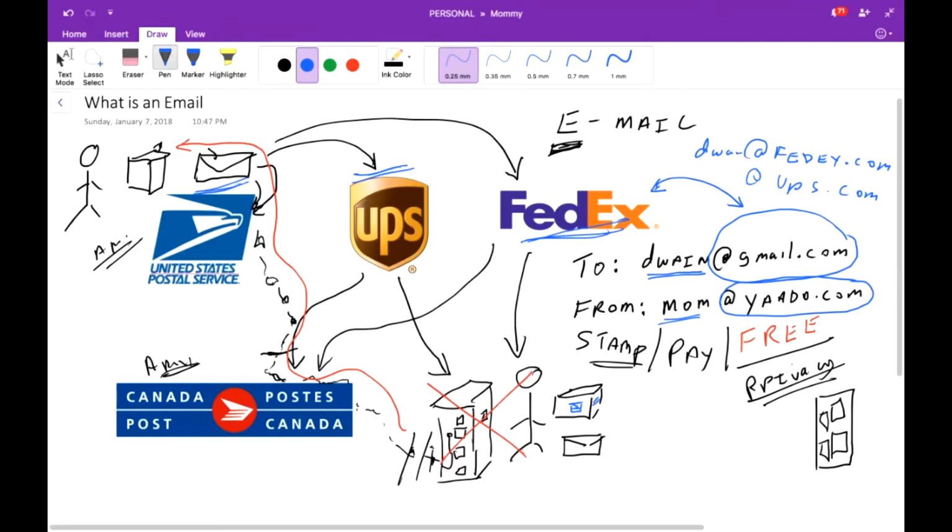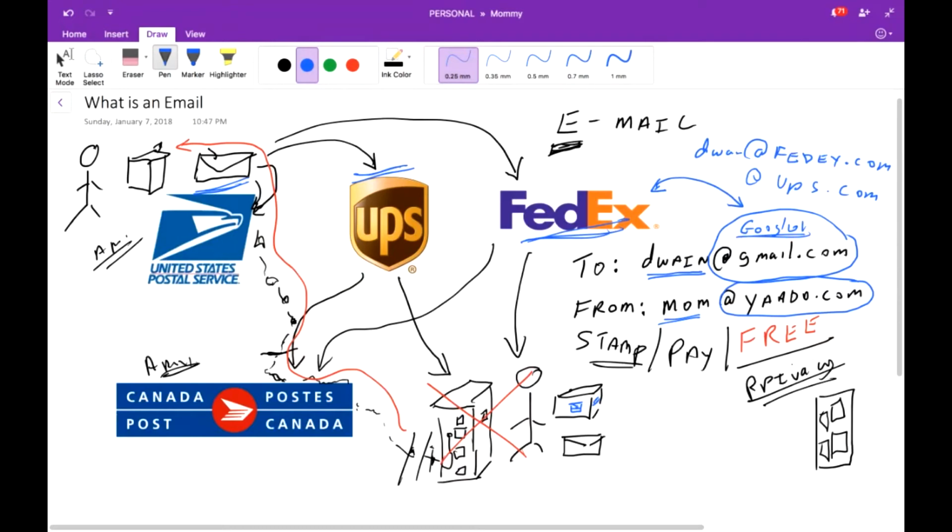Well, it's the exact same thing here, but instead of FedEx sending the mail, it's Google. So Google controls the email server in this particular case, or the email system, or the email company, and they named their service Gmail, Gmail for Google Mail. In the case of Yahoo, the company itself is actually called Yahoo, and they have a name server called Yahoo.com. So people have multiple different servers.